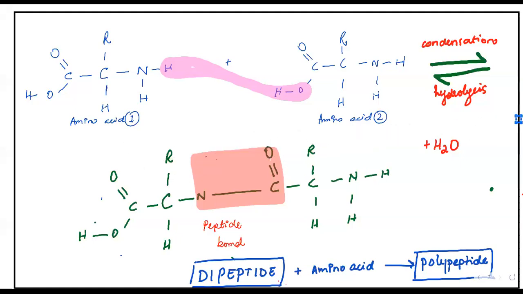It's going to depend upon the type of amino acid. In some amino acids, the R group can be made out of sulfur. In some amino acids, the R group can have CH3. In some amino acids, you might have just another hydrogen. So each amino acid will have something different.